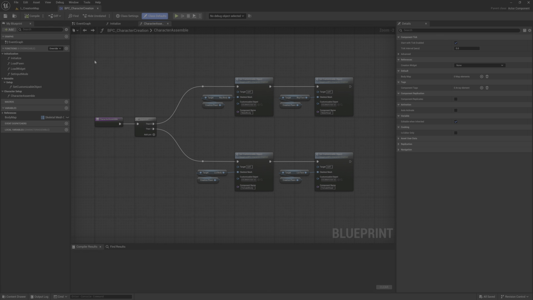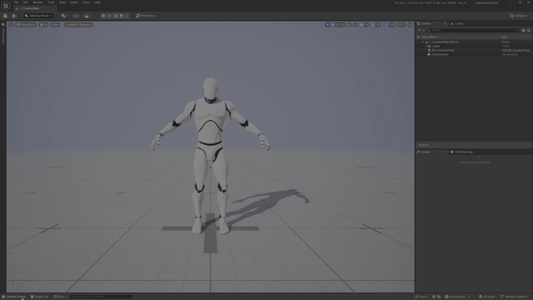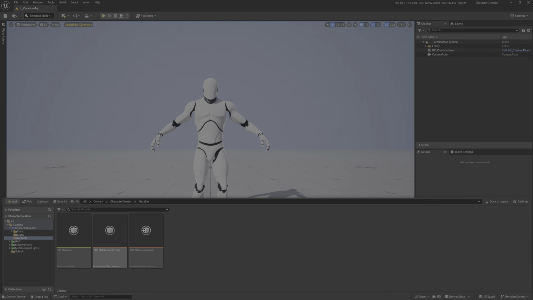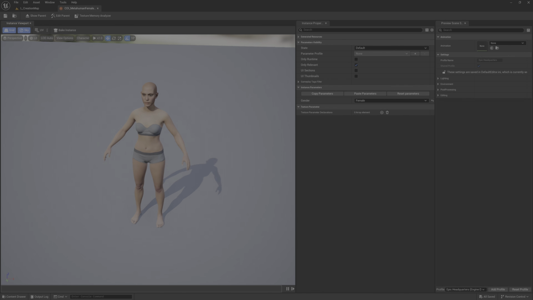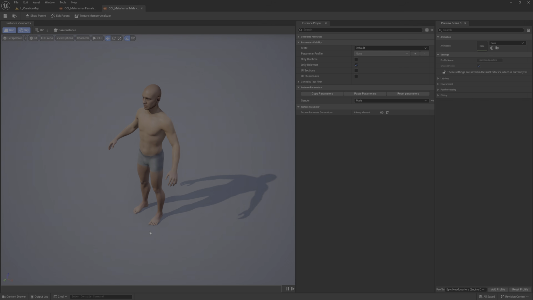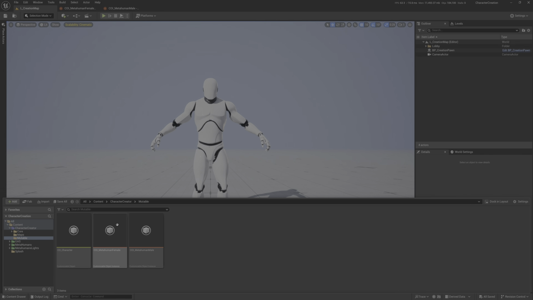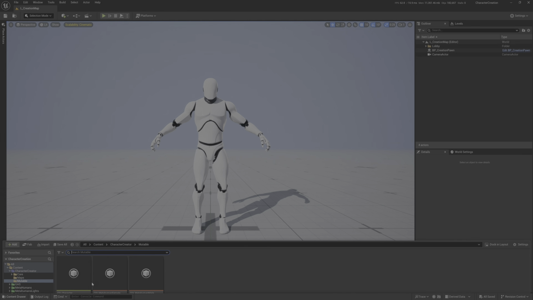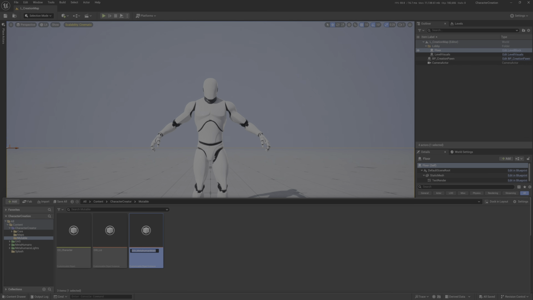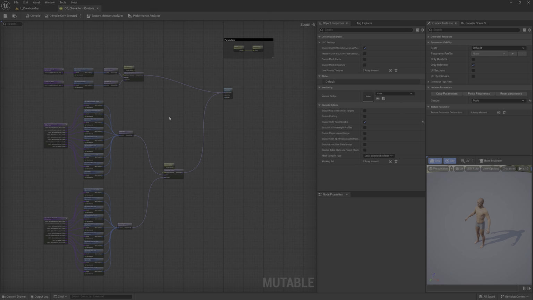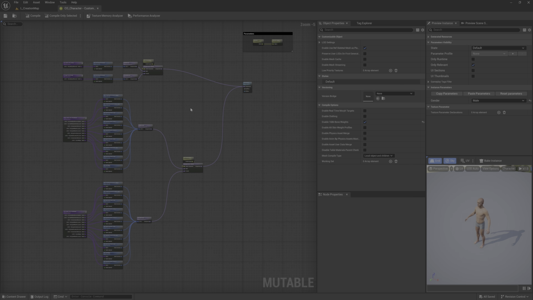Okay, back to our project. We will leave this like this. And here, the first thing that I want to do is to rename all this, because this will be just one character. Okay, this is an instance. We will have several instances. So the female will be Liz and the male will be Roy. And open this customizable object called character. And we will do a few things here.